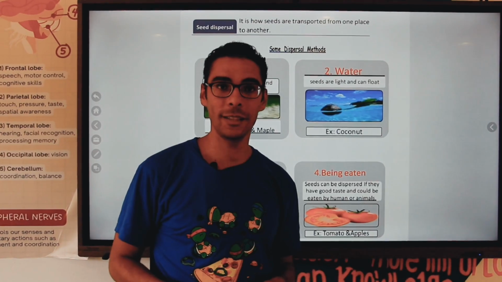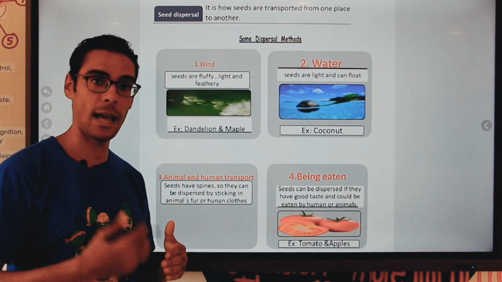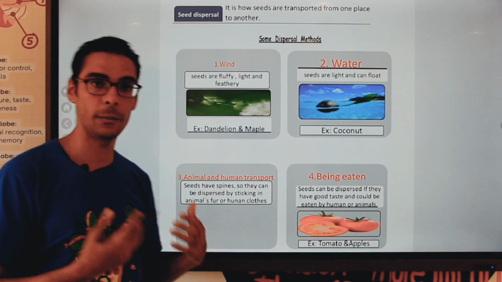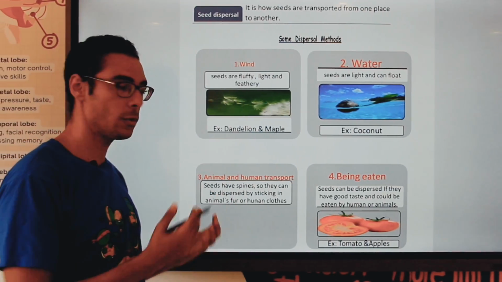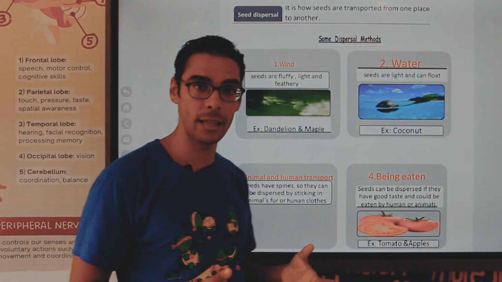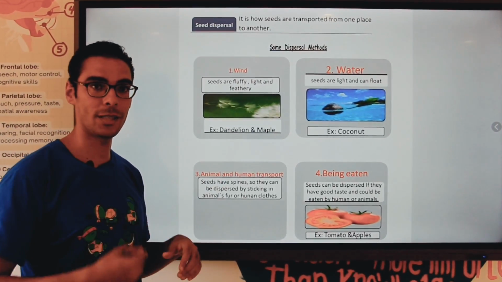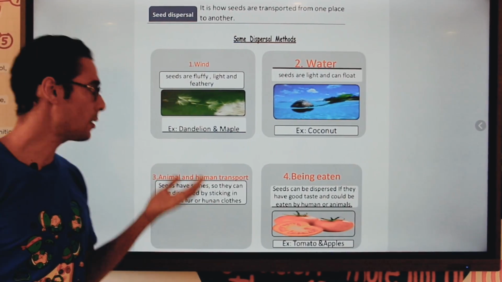The final part of our lesson is seed dispersal. The word disperse means how seeds are transported from one place to another. According to their shape, their features, and their weight, we have many ways. The first way of dispersing seeds, or transporting them from one place to another, is going to be